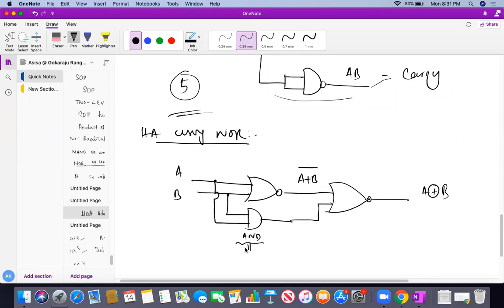In order to design an AND gate, how many NOR gates are required? I know that it requires 3 NOR gates. So I'm not worrying about this AND gate. If I can prove that this is my A XOR B, which requires actually 2 plus 3, total how much? 3 NOR gates, and here 2 NOR gates. So total how many NOR gates? So 5 NOR gates. I can prove it.